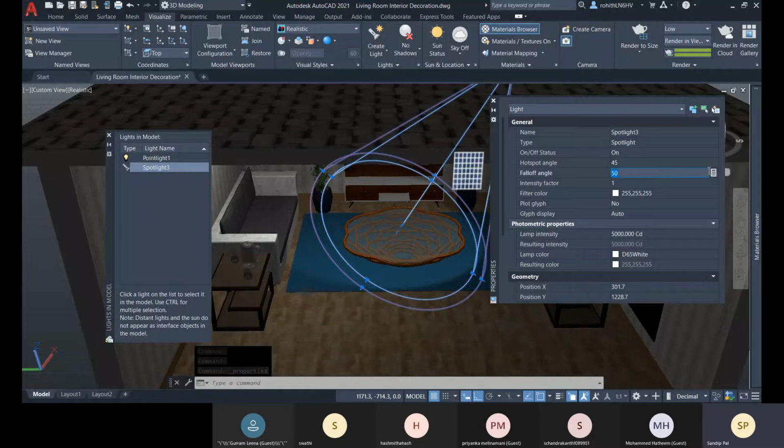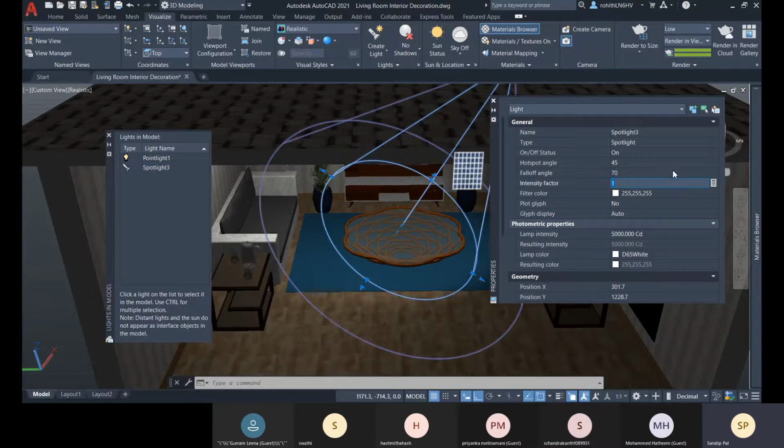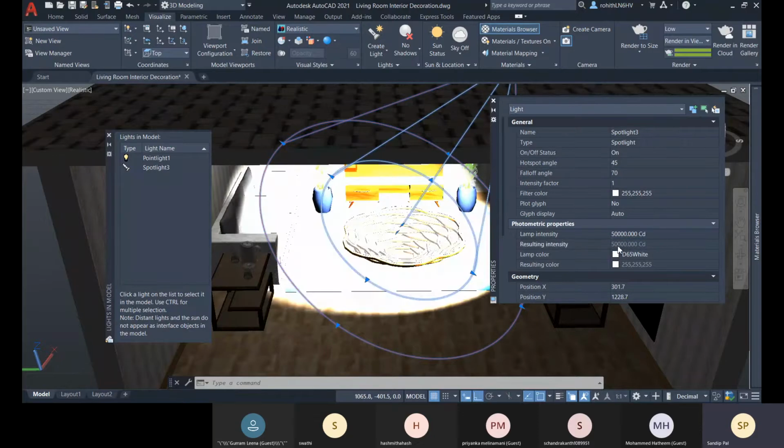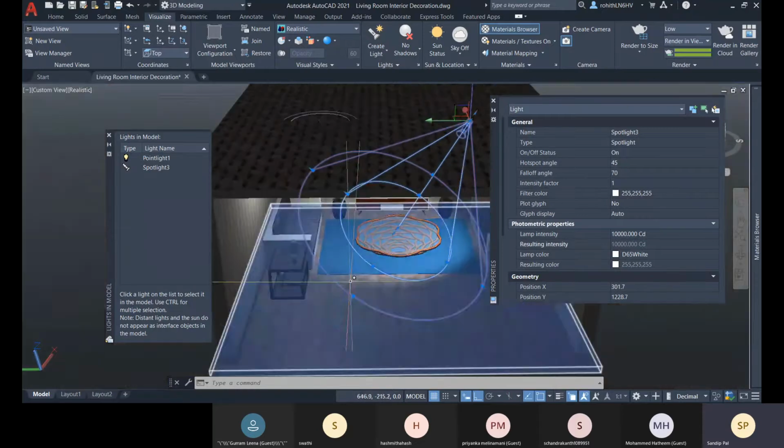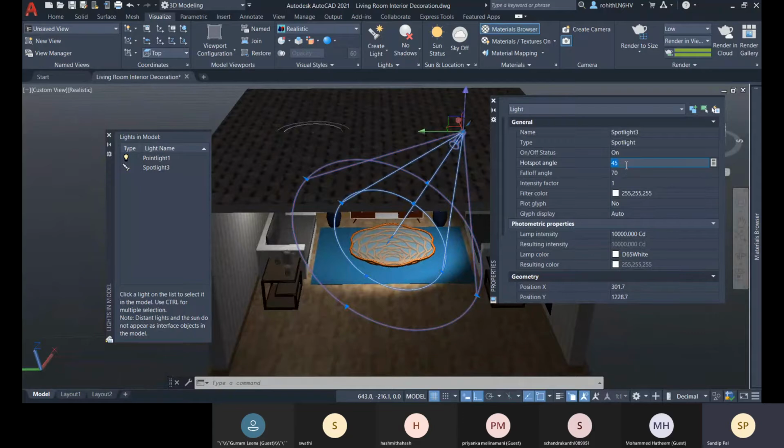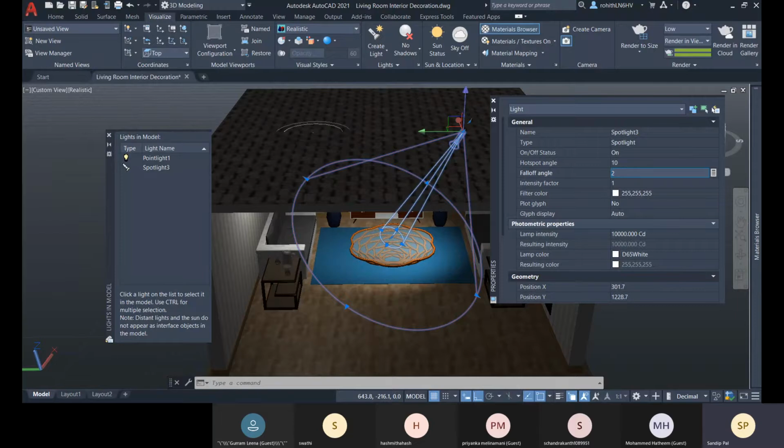Okay, so here if you go for this change, like 70, sorry, there you have increased it. Let me go with more so that you can easily understand. Let me apply 10 and the fall off angle like 20.